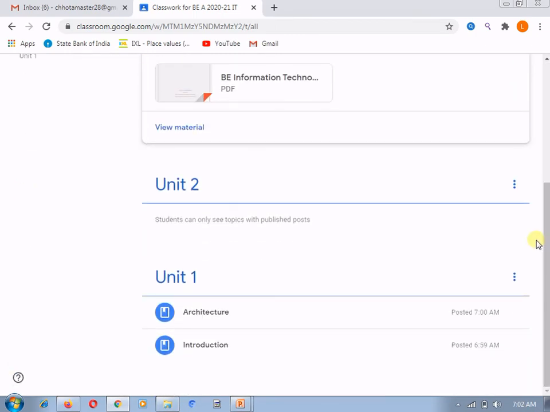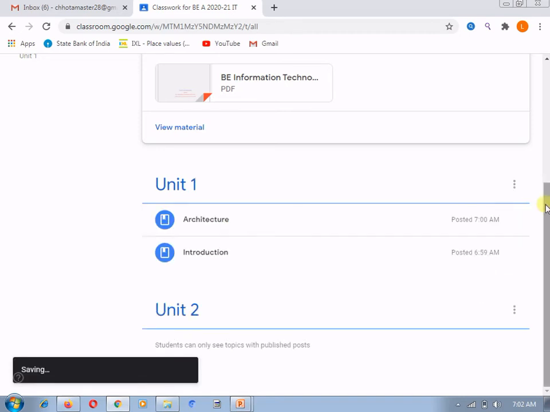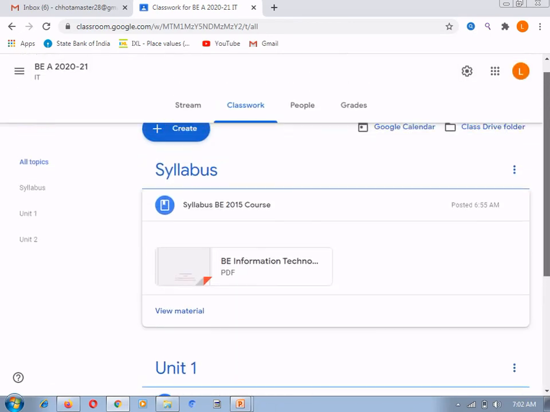No, I don't want this unit 2 before unit 1. I want this unit 2 after unit 1. So again I will move it down. Now this unit 2 is in a middle position, that's why it is showing both options, whether you want to shift this unit 2 to the up position or the down position. Now I am moving it to the down position. So in this way you can rearrange all the contents or the material available in your Classwork.